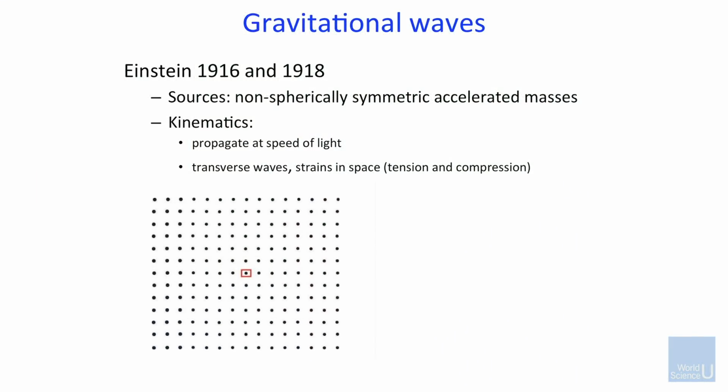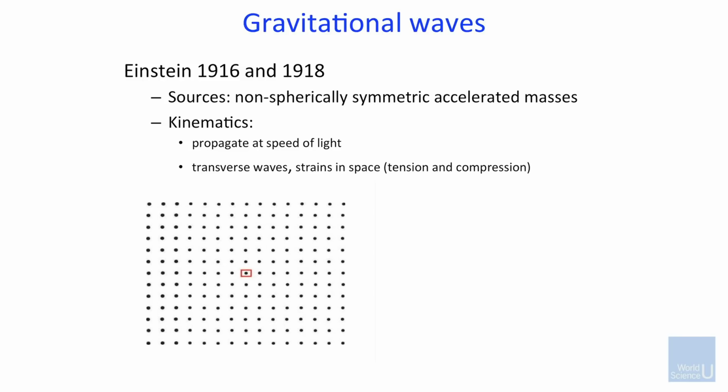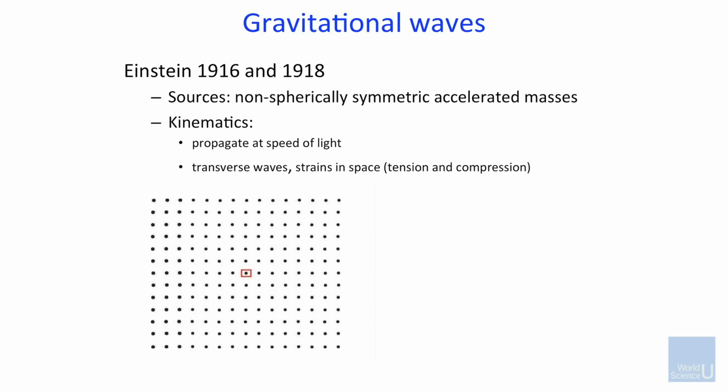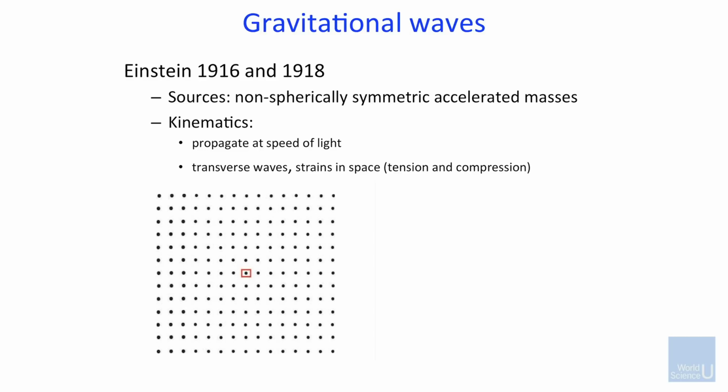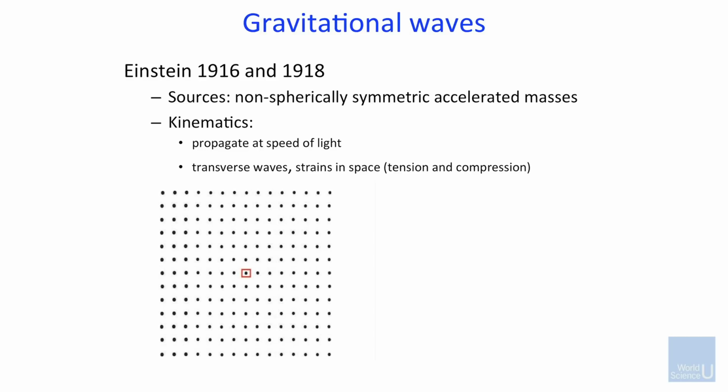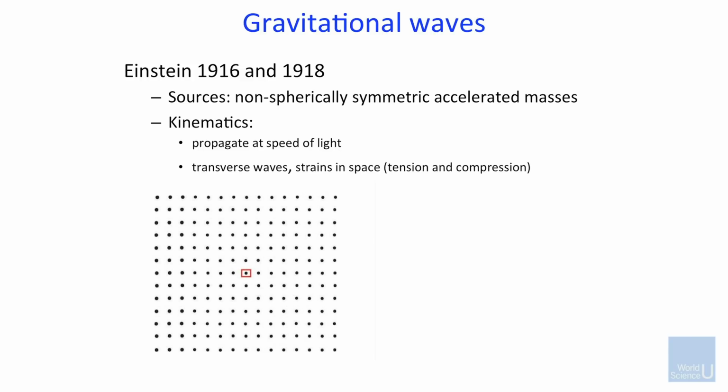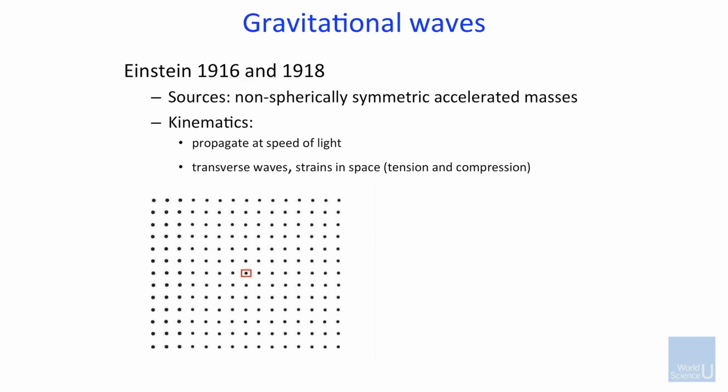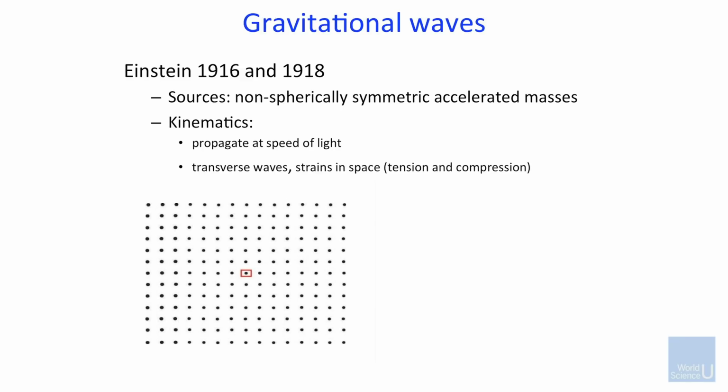Okay, now what you're seeing there is a little frenetic, but nevertheless, I want to walk you through this. The red dot is pretty much where you're standing. And the motion is of spots you have laid out in space. And you'll notice something interesting about this picture. This is a picture of time-varying but constant strain across the space.